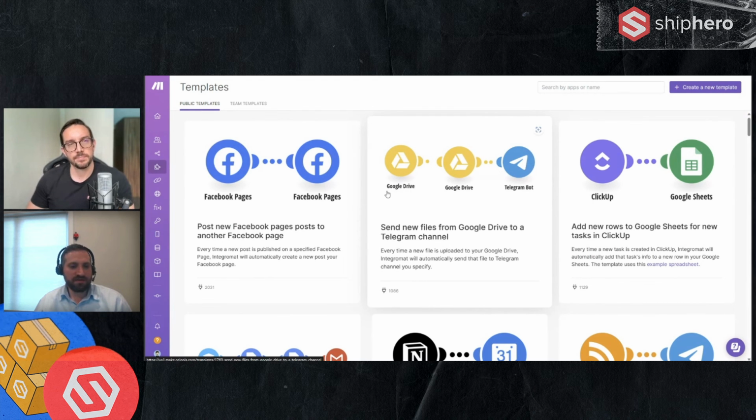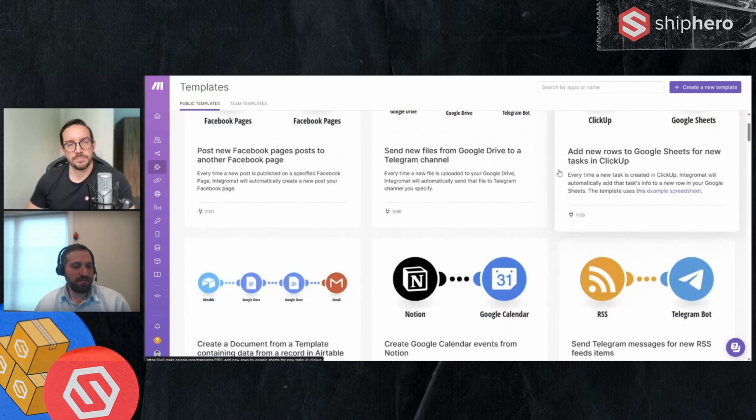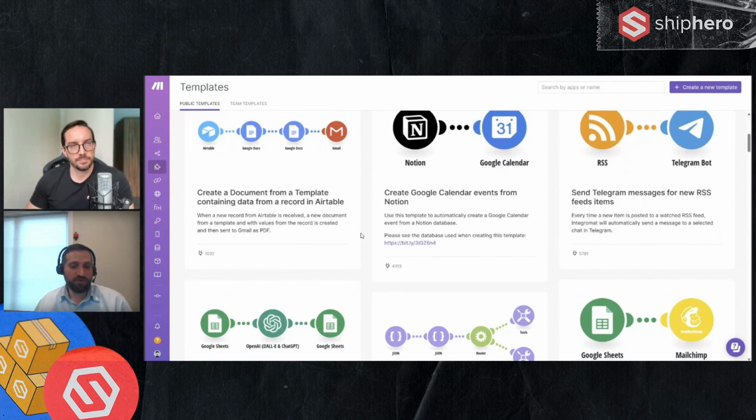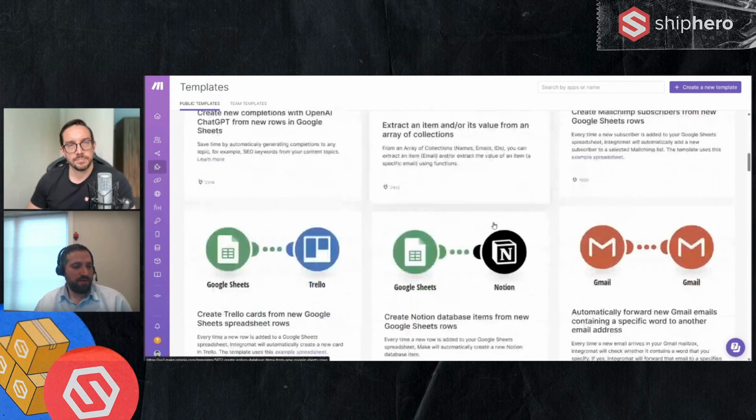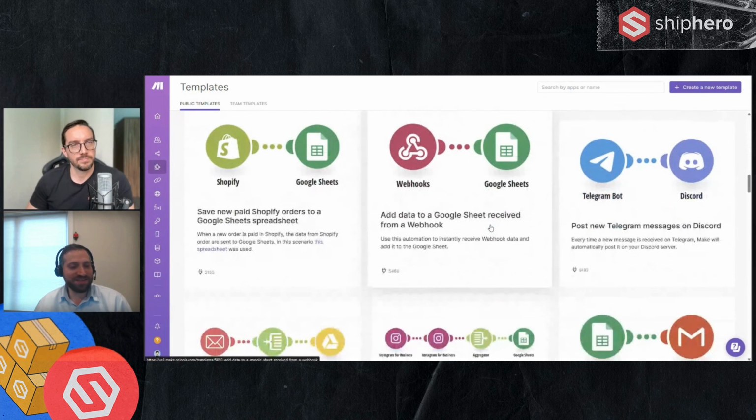Templates allow you to use a scenario that's been pre-built, and you plug in your authentication, you connect to Google, you use your API key, but you can basically use the exact same steps that we built. You can also see Make has many pre-built templates. You can build your own and share them as well. The possibilities are endless, limited only by your imagination. But I definitely recommend just finding a template that you want to use, creating the scenario, and looking through it, running it, and seeing how it works, so you understand the Make workflow.